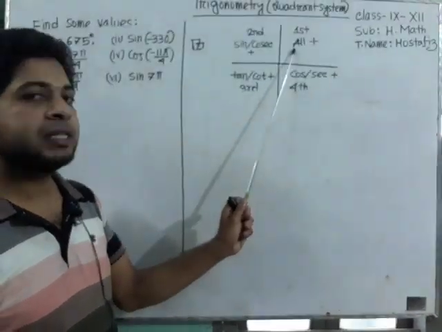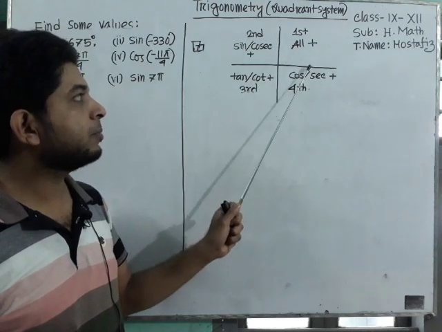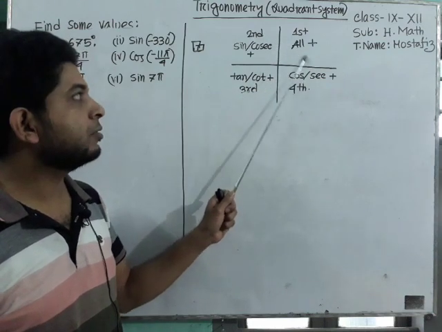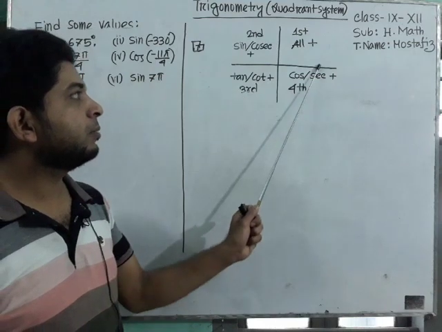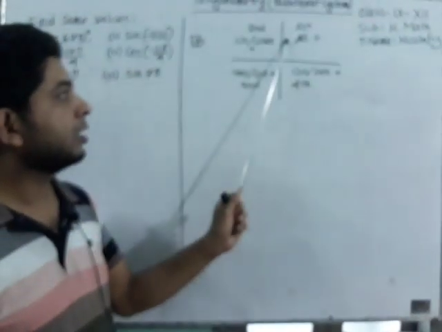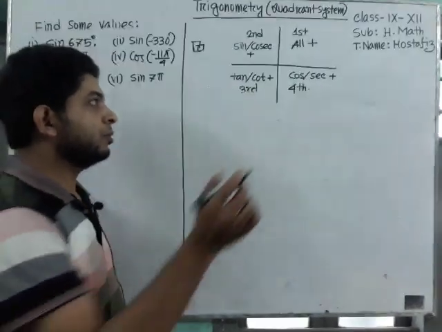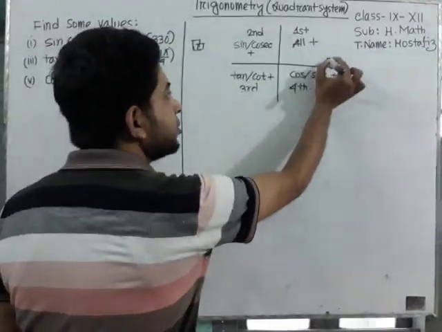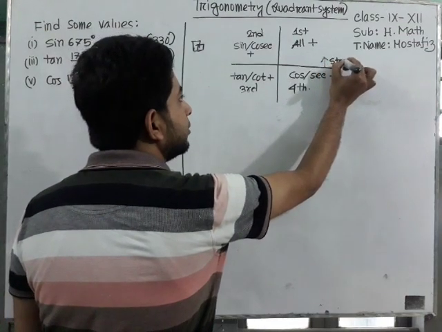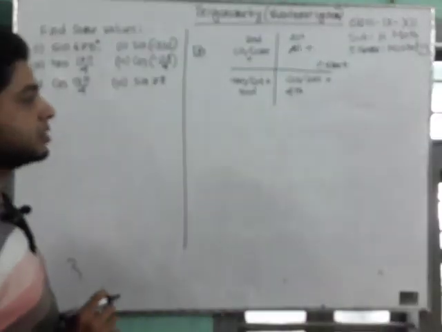And each quadrant contains 90 degree or pi by 2 angle. If you pass from this line to this line, then you will pass actually 90 degree angle or pi by 2 angle. If you round for one time, then you will move actually 4 into 90 degree angle, because each quadrant contains 90 degree angle. So when you count, you have to start from here, because this is first quadrant. Okay, this is the coordinate system.